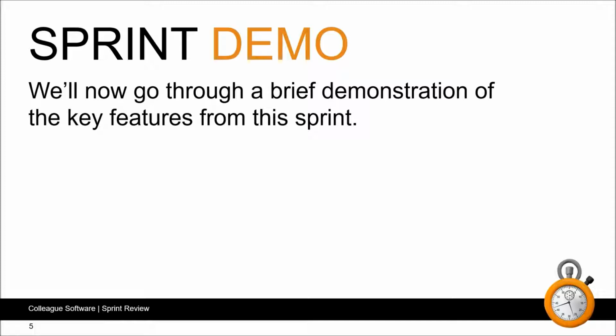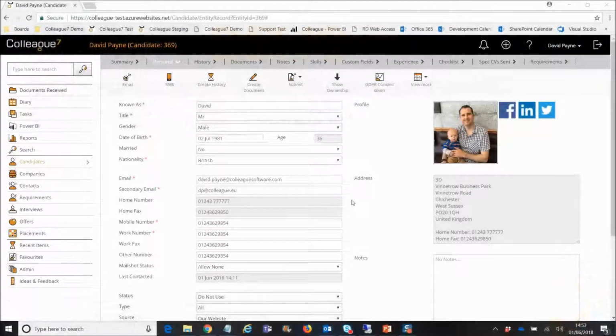We'll now go through a brief demonstration on the key features from this sprint. Okay, so the first point to cover, and it was really the primary goal of the sprint, is the update that's been made to the Create Document feature so that Colleague 7 now has the means to create a Microsoft Word formatted docx file. So you can now create docx files from the system rather than only being able to